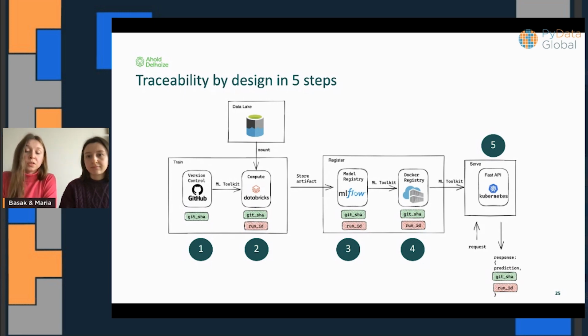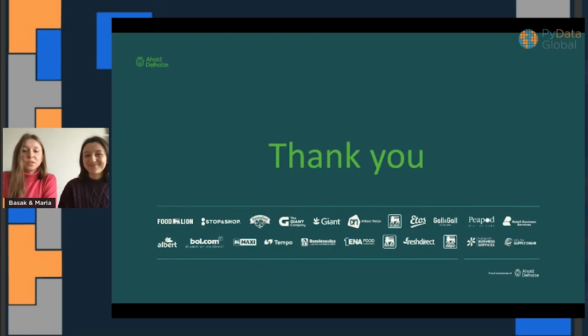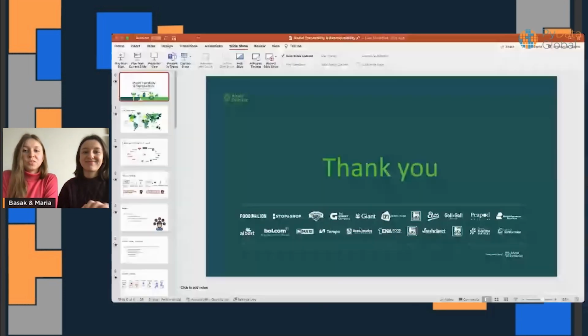And because those variables are available as environment variables, we can also access them in our app and provide them in the response body. Thank you for your attention. That was our presentation on traceability and reproducibility, and we look forward to your questions.